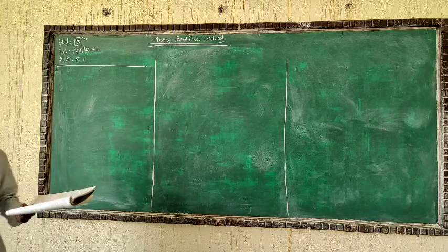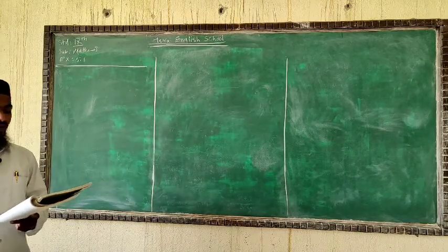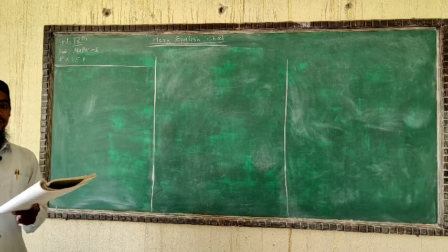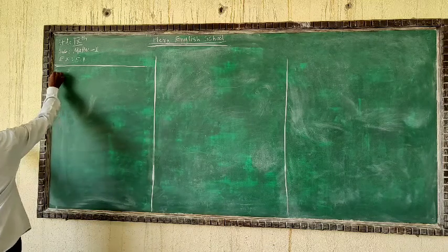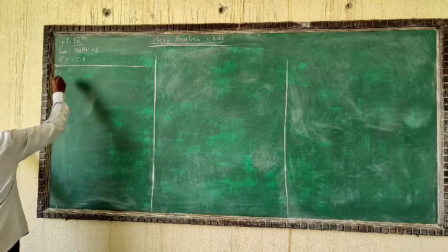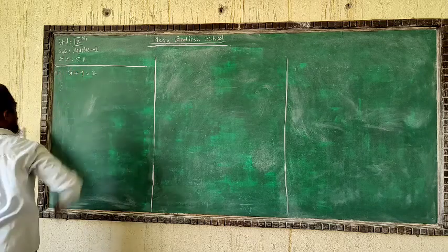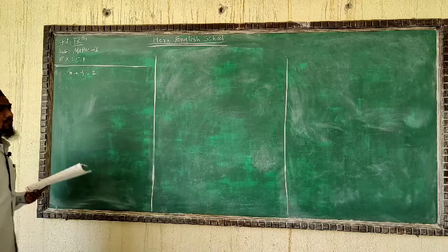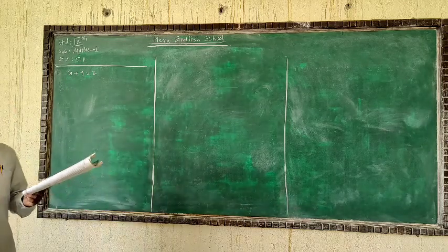You have seen many equations in the textbook in the lower classes, which depend on two variables, x and y. You can write like this: in the answer to question number 1, x plus y is equal to 2. Suppose you are writing there, this is the variable x and y, two variables, and 2 is the value. Like this you have to make 5 equations there.